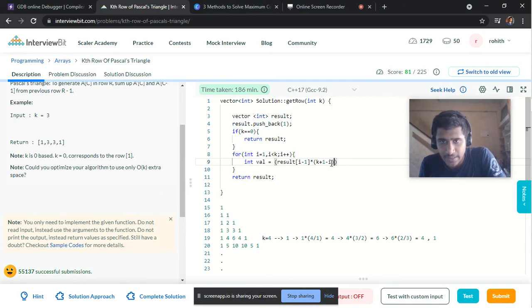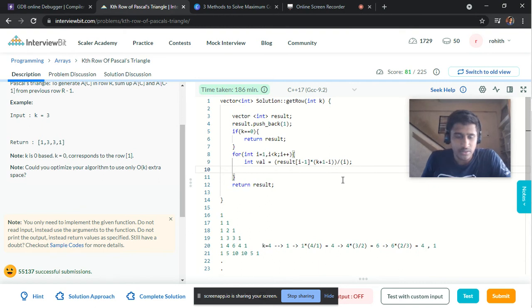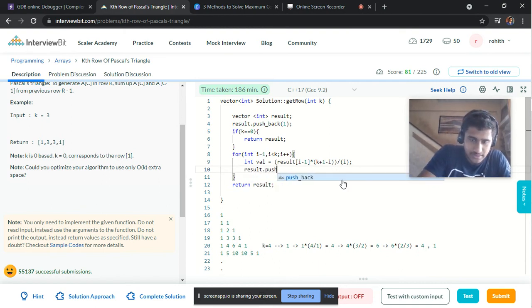Every time the i value increases, the numerator gets decreased. As i is starting with 1, I am adding k plus 1 here, and this whole must be divided by the value i, which is increasing. So this total value is going into our result array. I'm pushing the val into the result array.